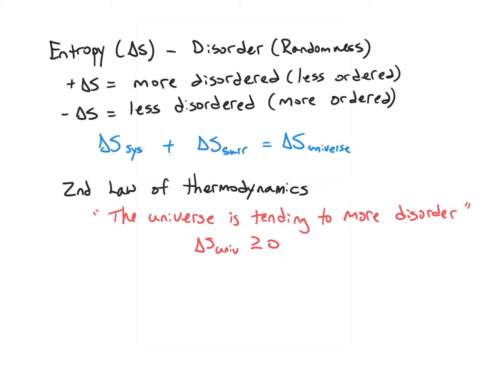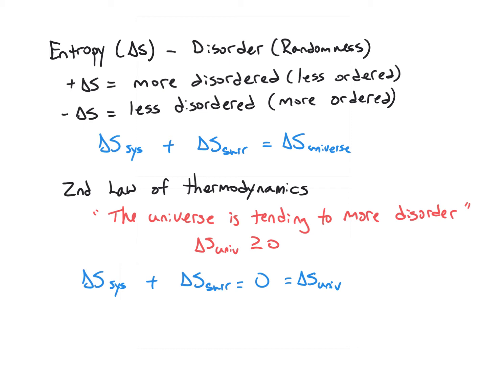Now, if you take a look at the system and the surroundings, and specifically the entropy of the system and the entropy of the surroundings, usually they're going to be opposites of one another. So if the system is becoming more disordered, the surroundings are becoming more ordered. So they have opposite signs. Now, if you add the entropy of the system to the entropy of the surroundings and it equals 0, in other words, both of those numbers are the same magnitude but opposite signs, then the entropy of the universe is 0. And we mentioned before, it can't be negative because it can't become more ordered. The universe is expanding, and so it's becoming more disordered.